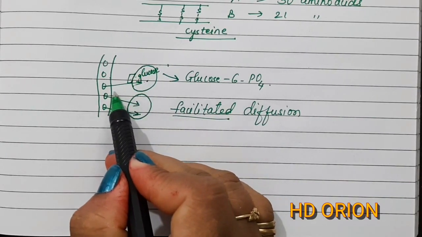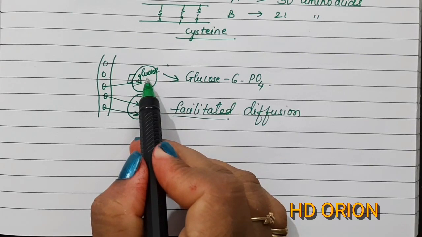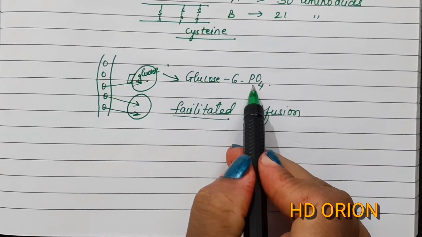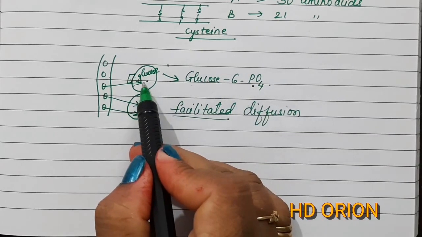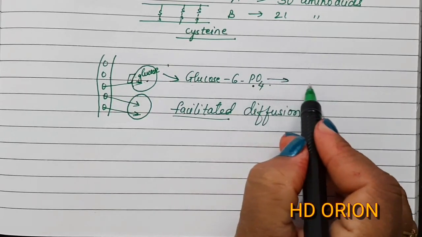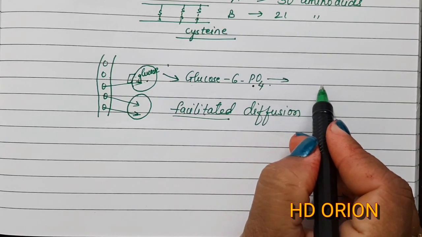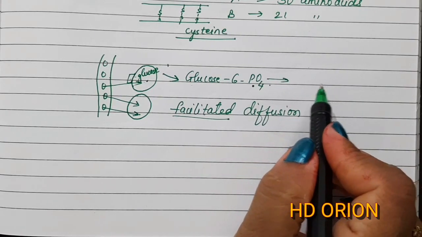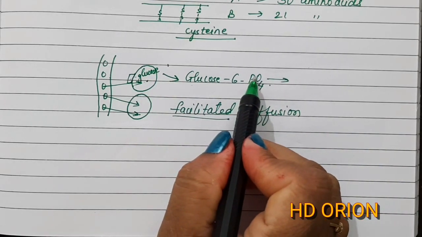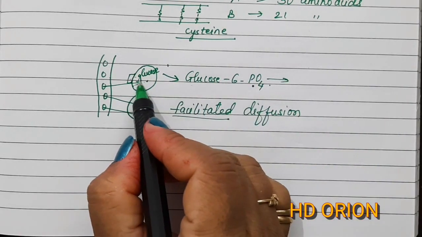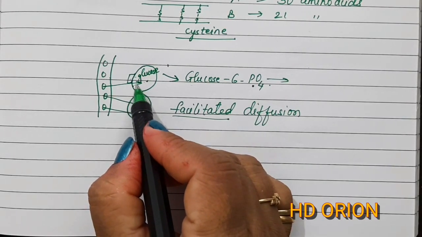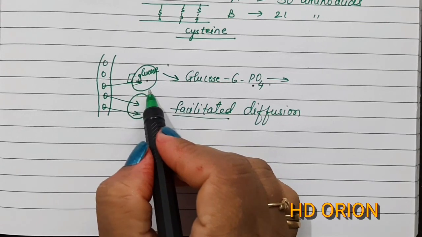There may be a reverse flow, but this does not happen because immediately the glucose is converted into glucose 6-phosphate. Now there is no chance of escaping the glucose 6-phosphate back into the blood. This will continue with the process of glycolysis to produce ATP. Then it will enter into the Krebs cycle to further produce more amount of ATP, and this is what we call cellular respiration. Now what will happen to that extra amount of glucose? This extra amount of glucose will be converted into glycogen.